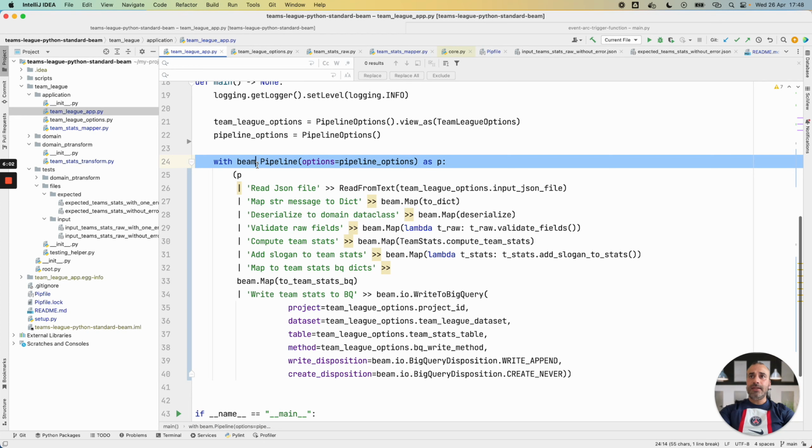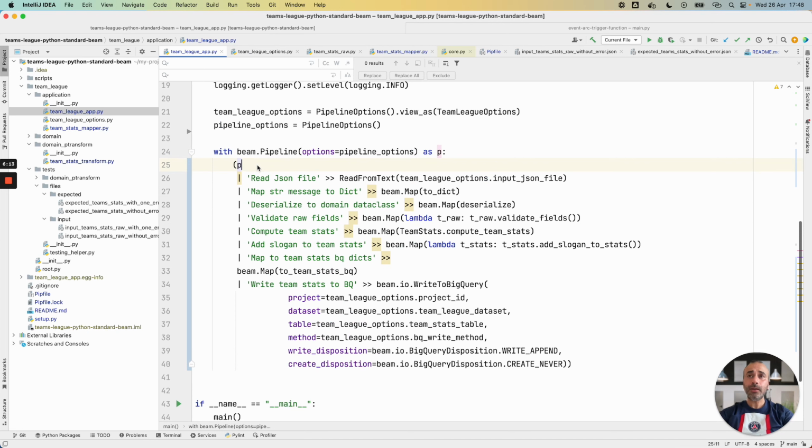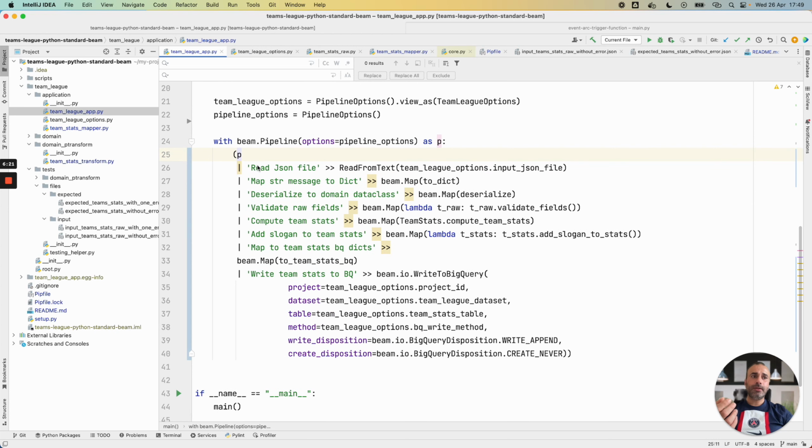Then I have this syntax with Beam Python. With this block, I will write my pipeline inside this block, and the with beam.Pipeline block gives me the pipeline object, and all the treatment is based on this pipeline object.